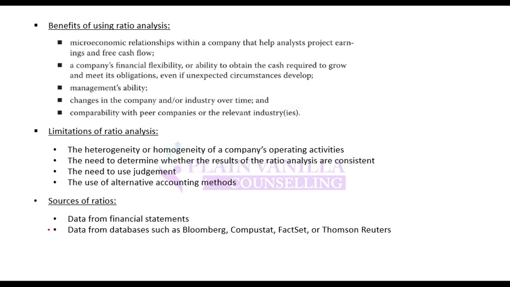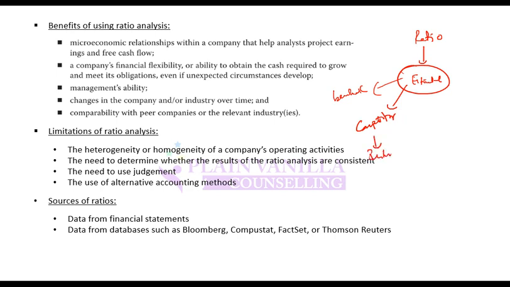Starting with ratios, when you are using ratios, a key point to note is that a ratio is a number or an estimate. It doesn't tell you anything about the performance or position. So for you to give meaning to a ratio, you need to compare it with something else. Either you compare it with a benchmark, or with a competitor, or with the industry as a whole, or with a past trend, or with management's target. Only then will the ratio have some meaning.